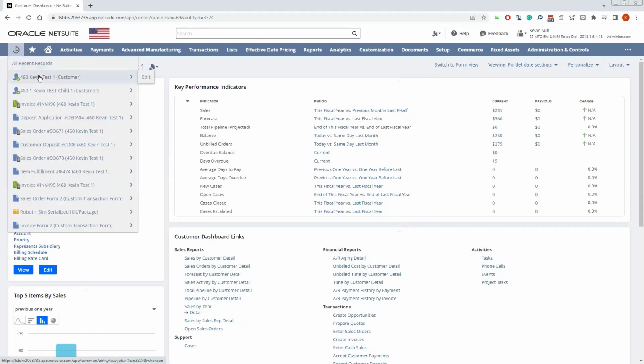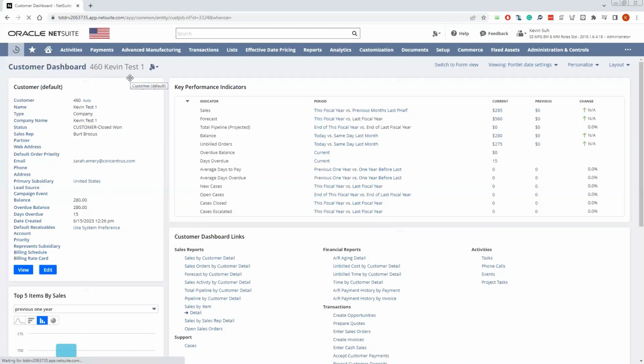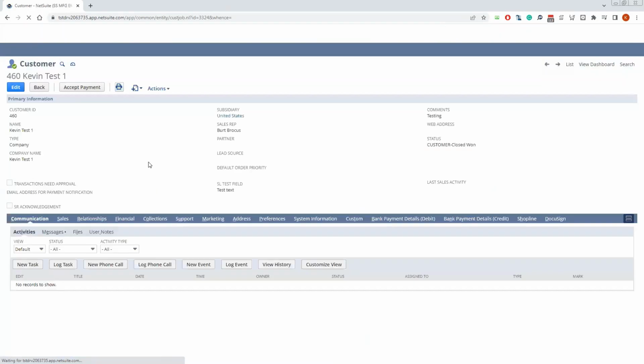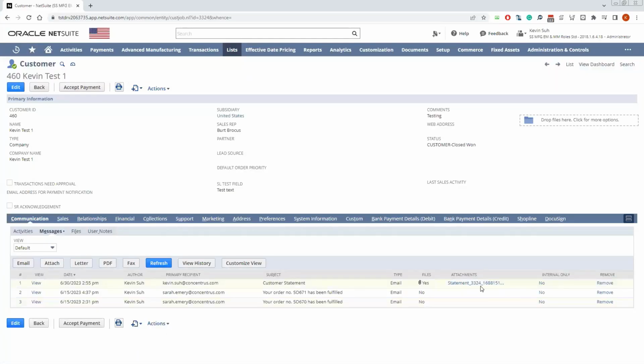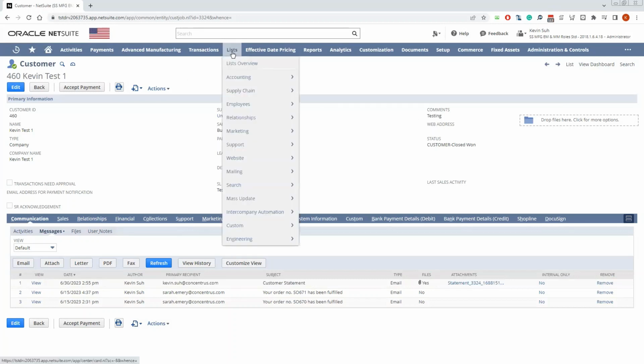So if I go back to the customer record, you see the email has been sent out with the attachment. And there's another way to send the email customer statement, which is to navigate to the list,